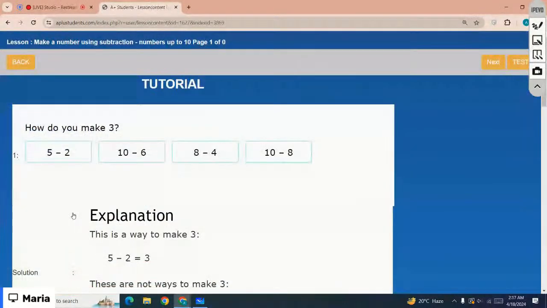So which is the correct option? The correct option is,